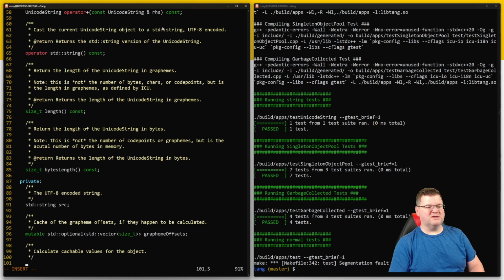And this is going to be a void, and it's going to be generate cached values. It will be const, but just like we've got this here, oh,